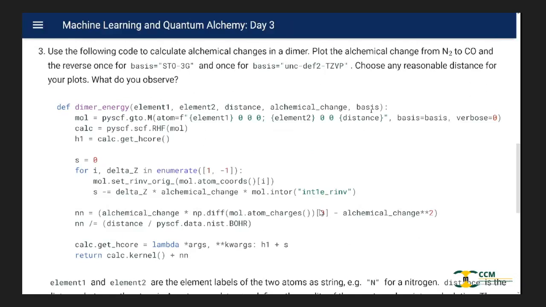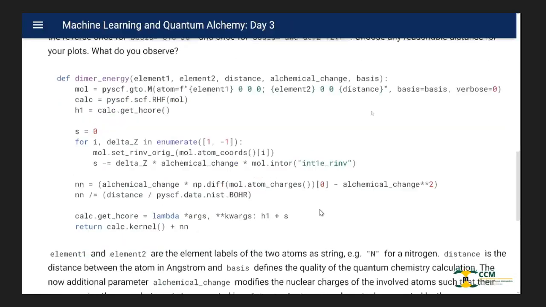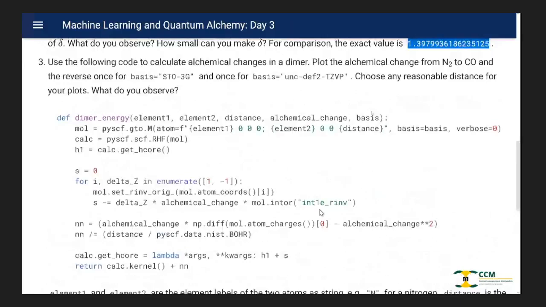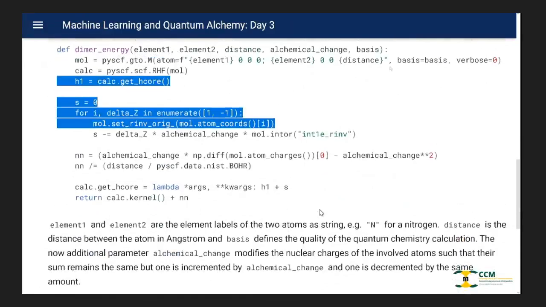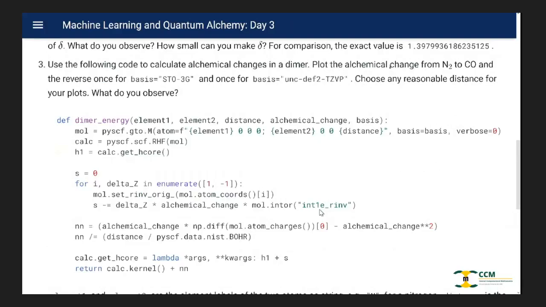All right. Now, good news, the task is now to actually plug this in. You can just copy the code. And what we would like to do is we would like to see how the energy changes. So what you do is you can plot the change going from CO to N2 in steps, so you show the energy as it changes, going from CO to N2, and the other way around, going from